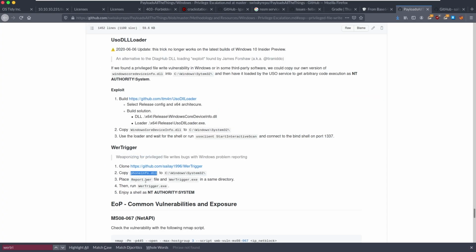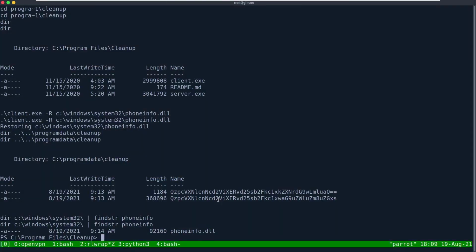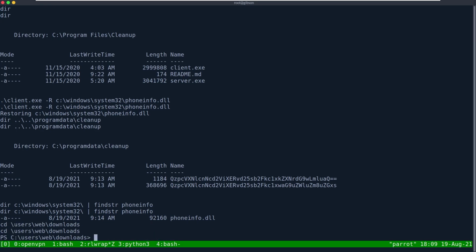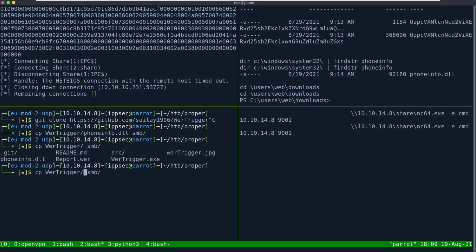So we copy it here, place report.wer and WerTrigger in the same directory, then run WerTrigger. Okay, so let's go back to users web downloads, I guess. And we need to copy those files. So cp WerTrigger, and report,